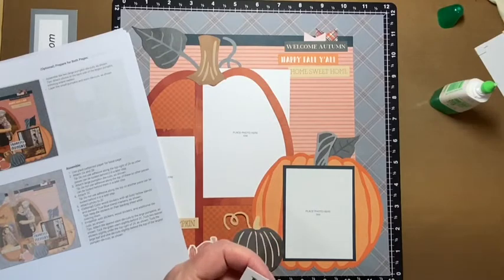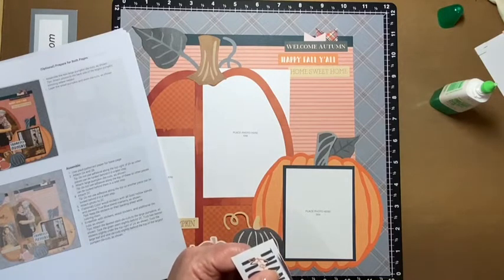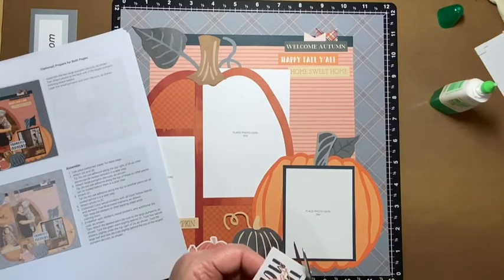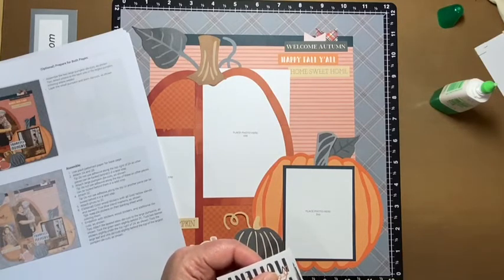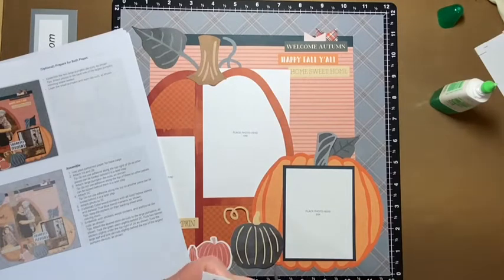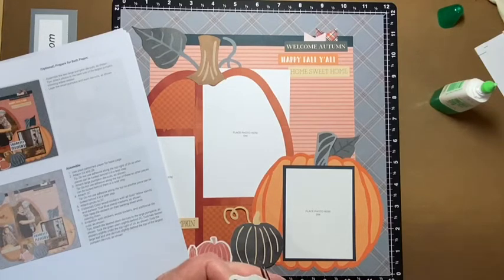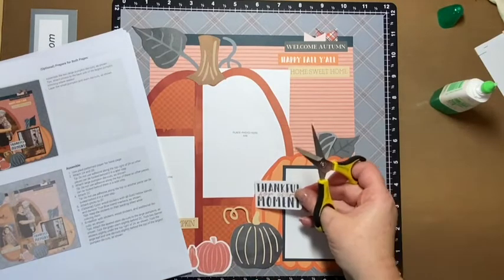So what I do with this one, normally, like I've shown you in the past, I would just use my embossing buddy to clean those out, but you can also just take your scissors and cut in the groove here where the sticker normally comes out, and clean it up that way. That way you leave the backing on. You don't have to worry about the powder getting everywhere, and then it's not sticky on the back side either. I normally do this, these things are pretty straightforward to cut. It's not very complicated. If you have some that have more delicate edges, you might not want to do this, but right now that's perfect. So this one's not sticky,